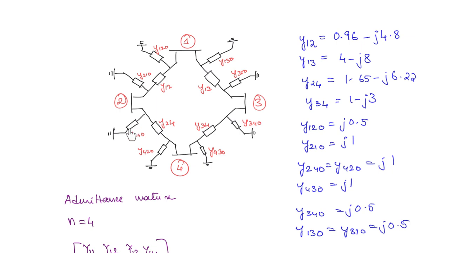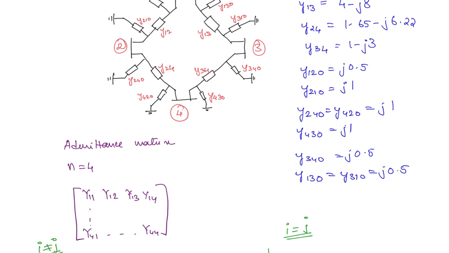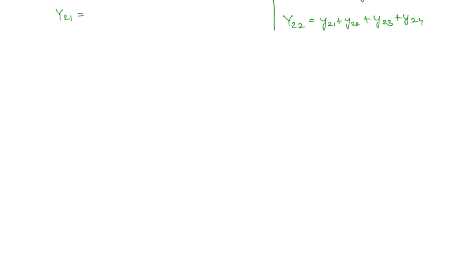Okay. So similarly, y22 also you can find. What is y in the second bus here? Two admittances are y240 and y210. Okay. So y240 is given as j1 and y210 is given as j1. So y22 is going to be j2. In this manner you can complete the entire admittance matrix. I will write down the final value. Y is equal to